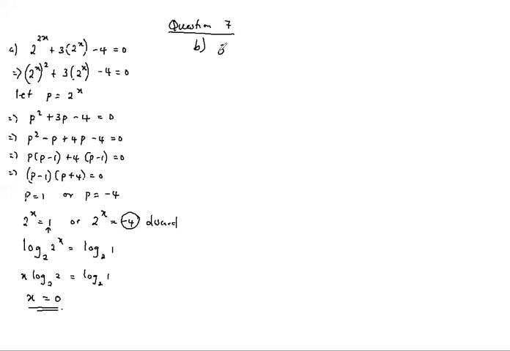Then b, we go to 3 to the power 2x plus 1 minus 26, 3^x minus 9 is equal to 0. Now, this becomes 3 to the power 2x multiplied by 3 to the power 1 minus 26, 3 to the power x minus 9 is 0. Our target here is to make sure that the 3 to the power x is standalone everywhere where we see it. So we're trying to extract it from the first